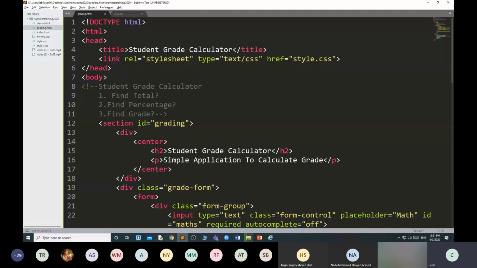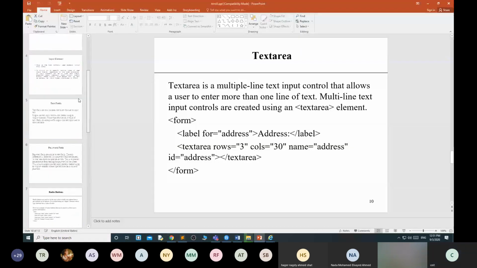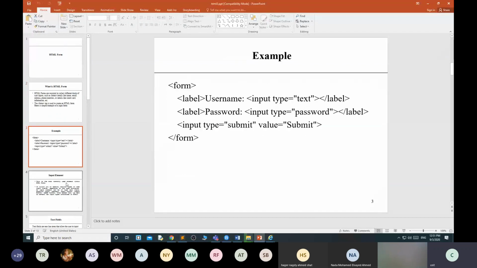We have learned about the form and some of the form elements, how to use those form elements. Then we have seen how to create the field set. Then we created one small application where we used HTML form, CSS to design, and JavaScript for behavior.